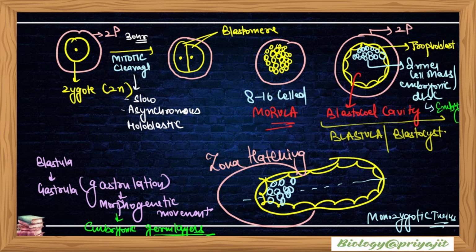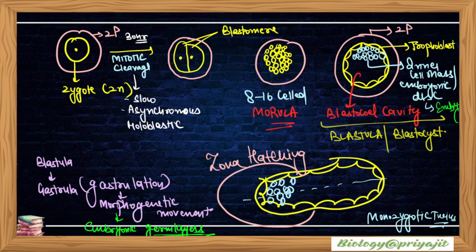After 30 hours of mitotic cleavage, or mitotic cell division, which is a slow and asynchronous holoblastic cleavage, the blastular stage is formed, and blastomeres are produced at that stage. Ultimately the blastocoel is formed at the blastular stage. Then an 8 to 16 cell stage, or morula stage, is formed, and following the morula stage, the blastula or blastocyst has an inner cell mass, the embryonic disc, which forms the embryo, that is a